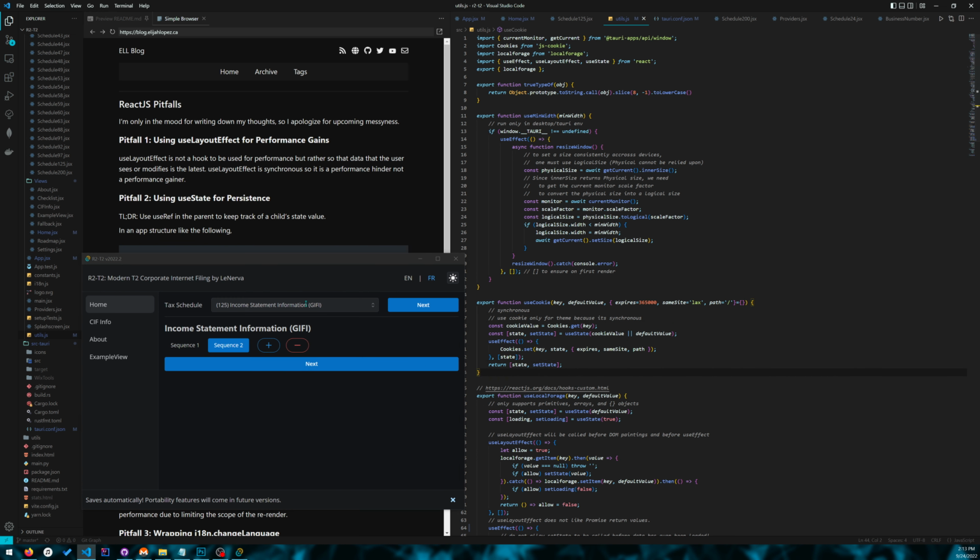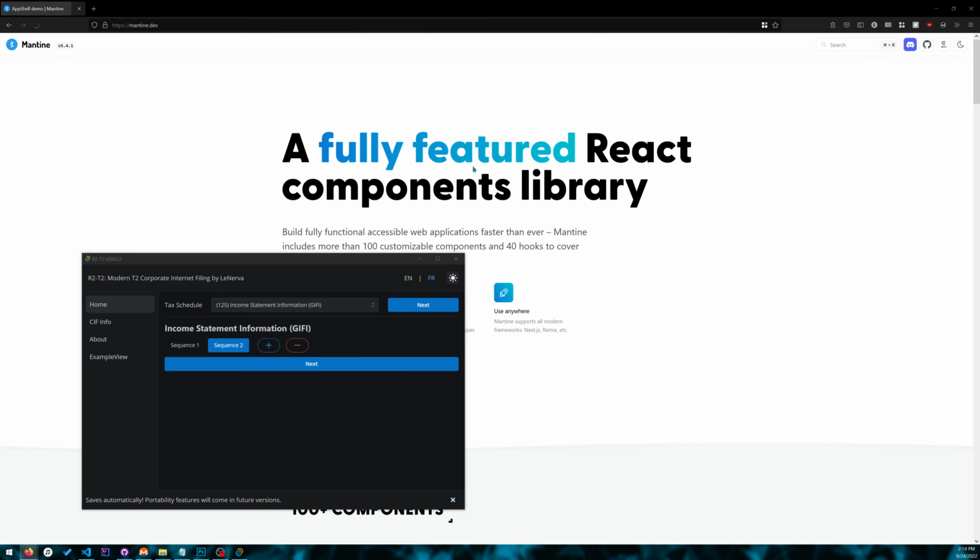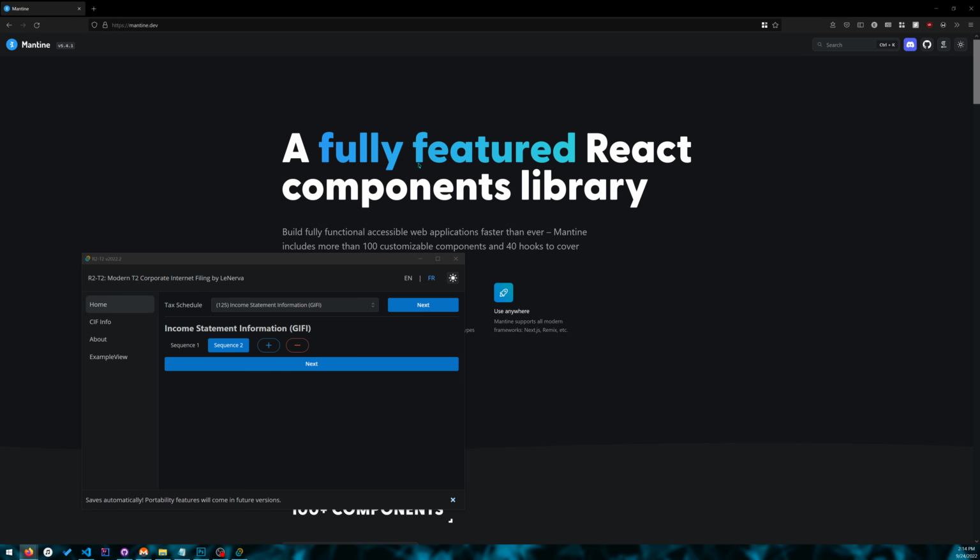But basically, for this theme thing as well, when the user has a theme, I'll show you in comparison to what I mean. Suppose you went to the Mantine docs, and you can see that it turns white for a long time before it turns dark. Now, this is because they use an asynchronous thing instead of a cookie. So if you compare this to my app, you can see that when I refresh the page,